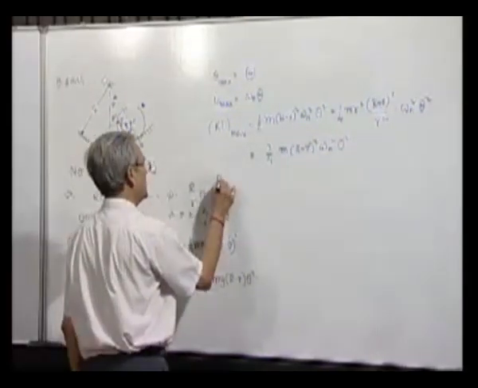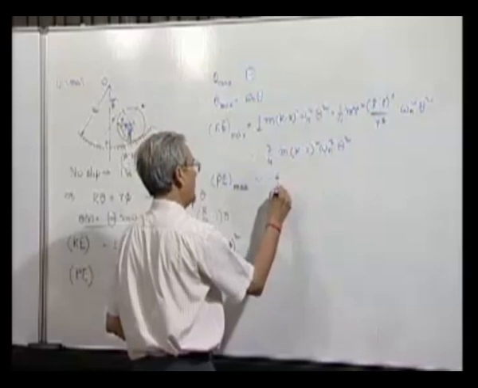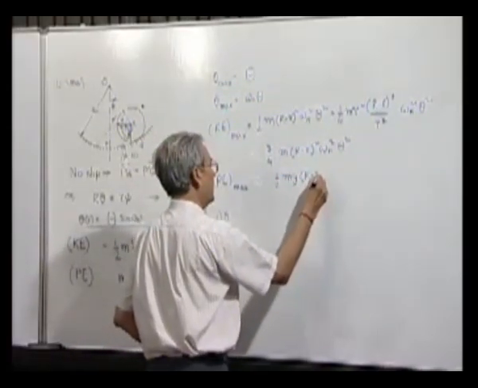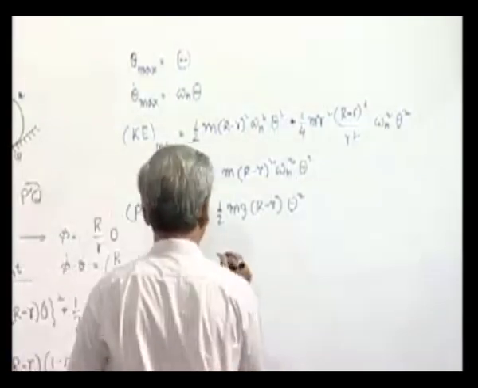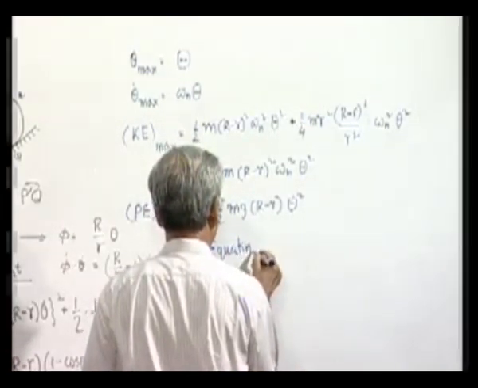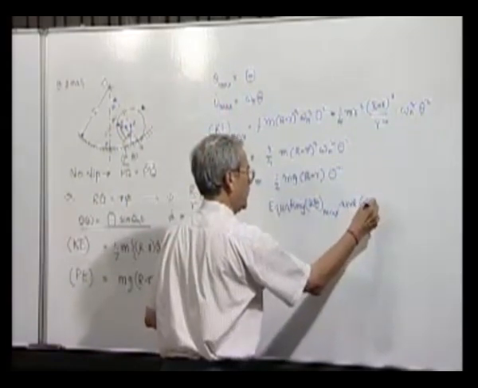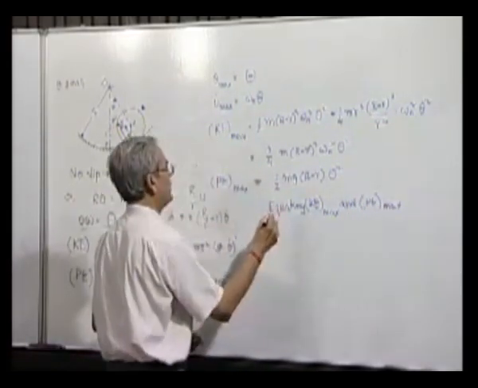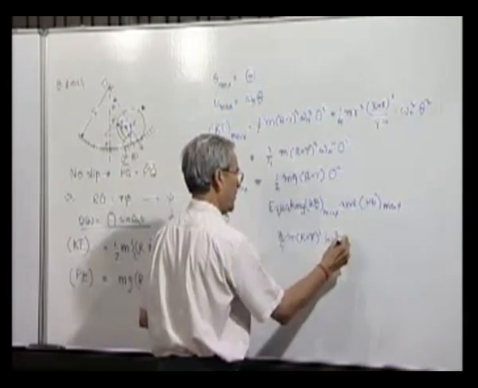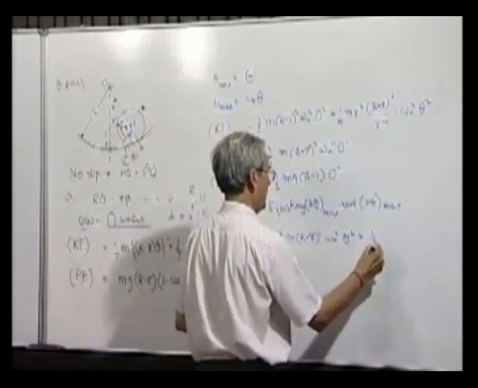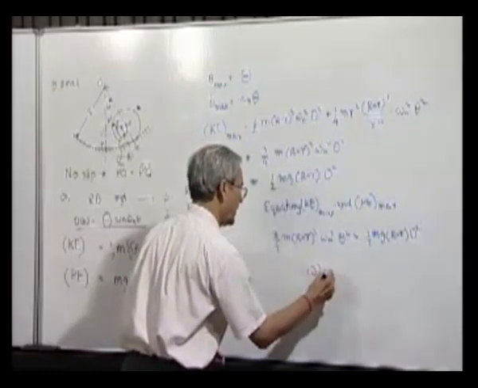Similarly, PE max will be equal to half m g, and equating, what we get is 3/4 m, and omega n square is approximately